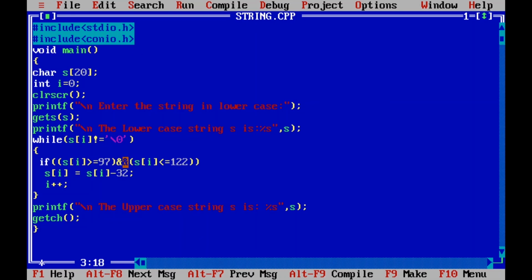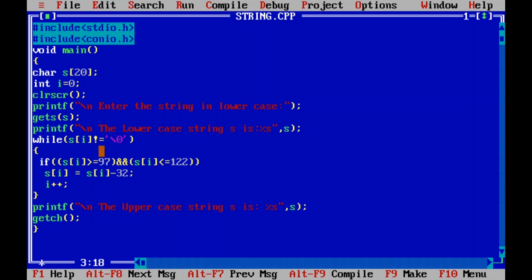Then we check this condition again. The ASCII value of l is 108, so 108 is greater than or equal to 97 and less than or equal to 122. So this condition will be true, and then we subtract 32 from 108 and that will give you 76, and then i++ will be executed, and so on.